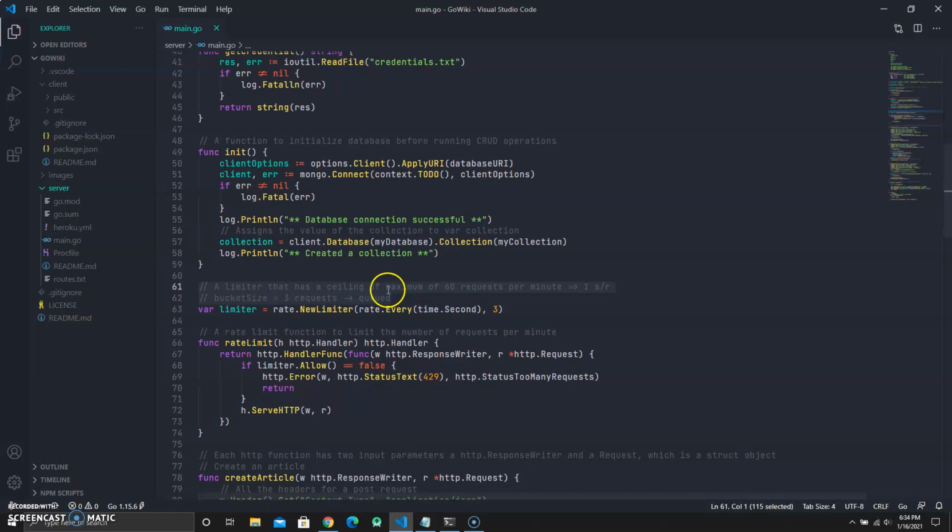And a function rate limit http.Handler, which returns a type http.Handler. Return http.HandlerFunc(w http.ResponseWriter, r *http.Request). If limiter.Allow() equals false, then you send the response code for the 2